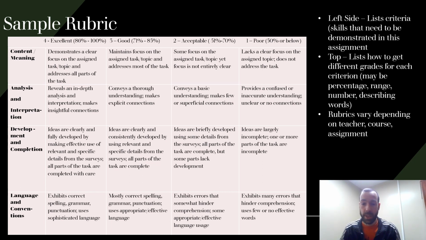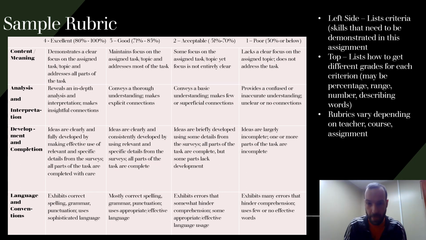Sometimes it's a percentage grade or a range of grades or numbers. So 50 or below being the lowest, 51 to 70, 71 to 85, 86 to 100%. It kind of gives you an idea of these different categories that you might fall into